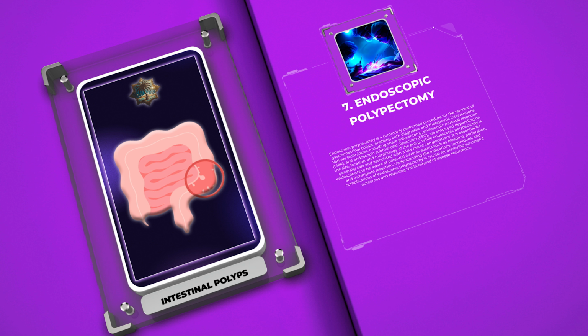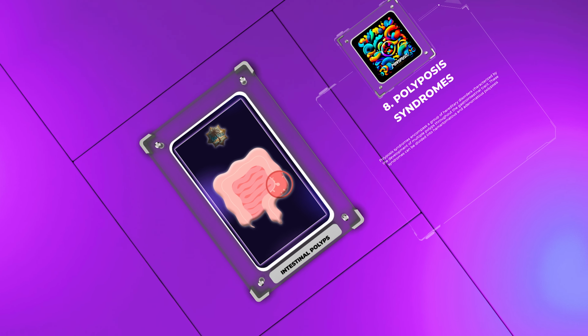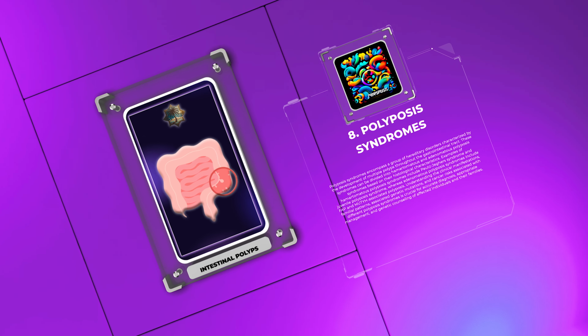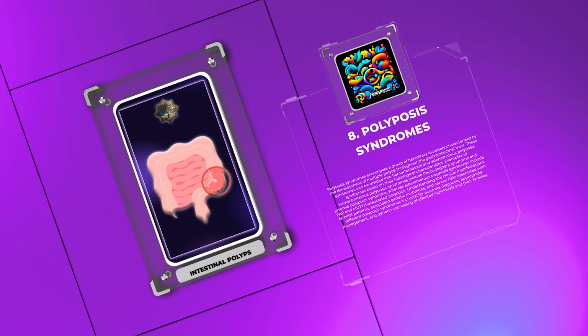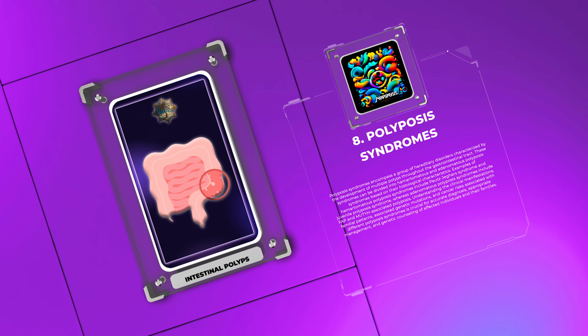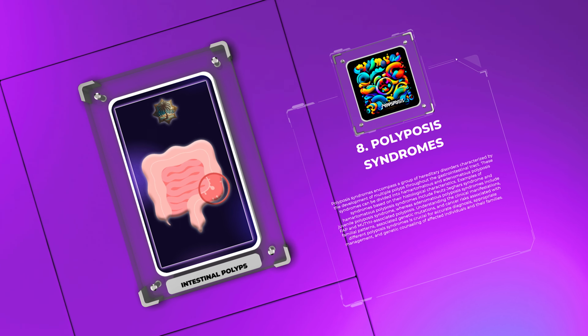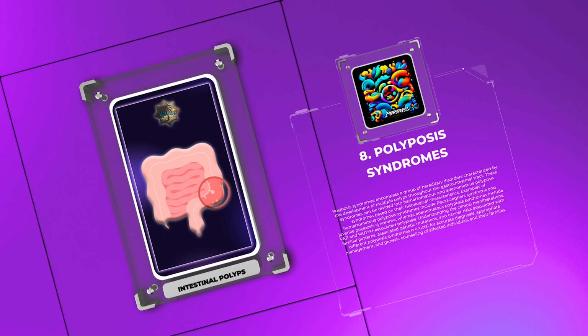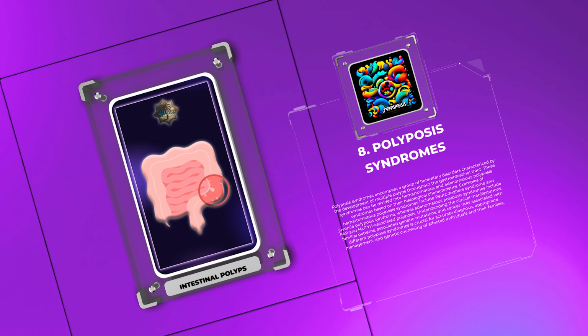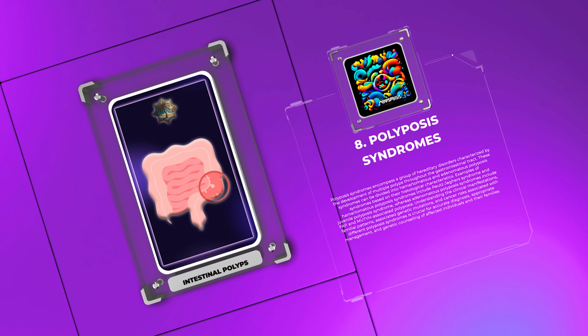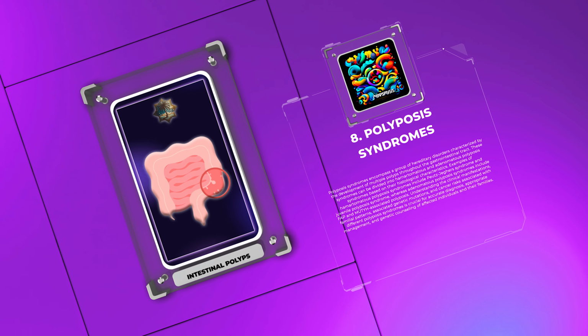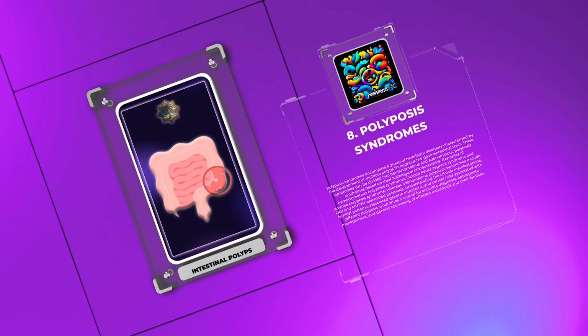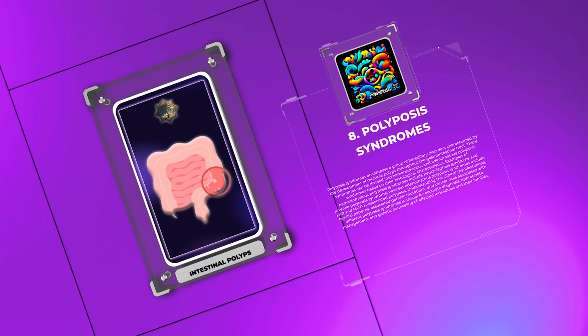disease recurrence. Polyposis syndromes encompass a group of hereditary disorders characterized by the development of multiple polyps throughout the gastrointestinal tract. These syndromes can be divided into hamartomatous and adenomatous polyposis syndromes based on their histological characteristics. Examples of hamartomatous polyposis syndromes include Peutz-Jeghers syndrome and juvenile polyposis syndrome, whereas adenomatous polyposis syndromes include FAP and MUTYH-associated